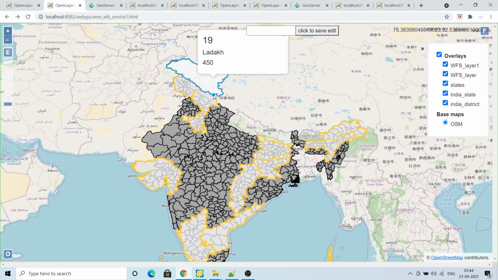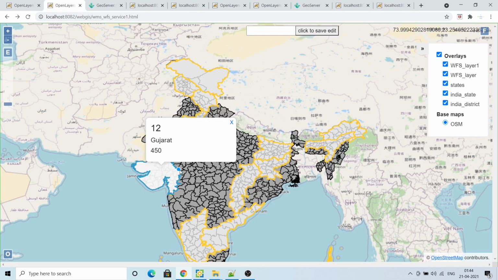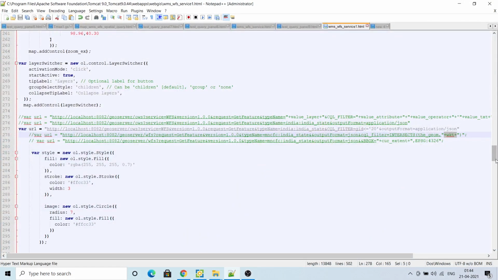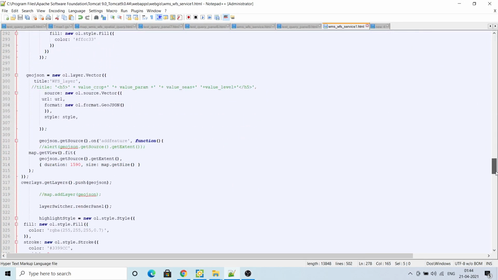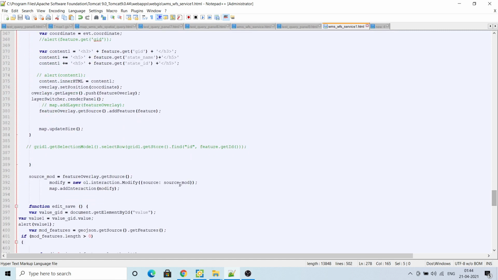But after that, if I want to modify this feature, as you can see, when I'm clicking, this point is coming. So what I have done, I have added one, let me show you this one, interaction modify. This is OpenLayers. Basically I'm using the OpenLayers feature. You can use interaction modify, and I have given the layer source modified.